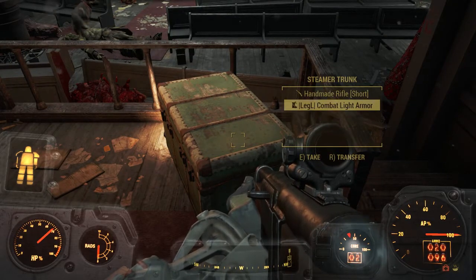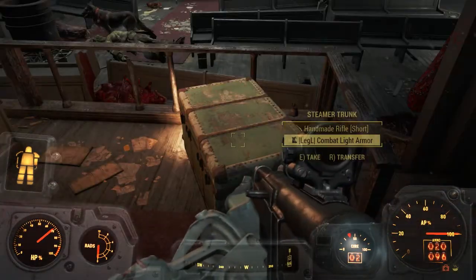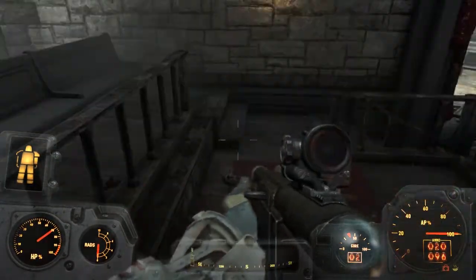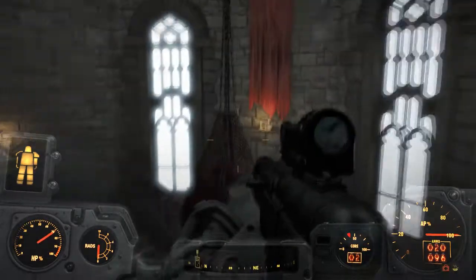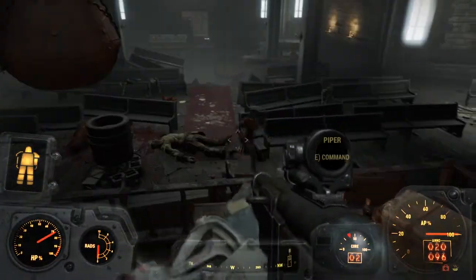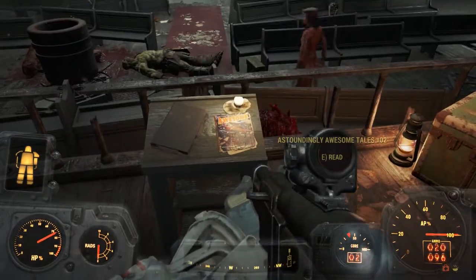I'll leave that handmade rifle. What is that, combat armor? I'll take that. We've got some Psycho. That's a burnt textbook. We've got a gore bag here. We've got a staircase there. We'll look at that in a minute. But the main reason I wanted to come in here is